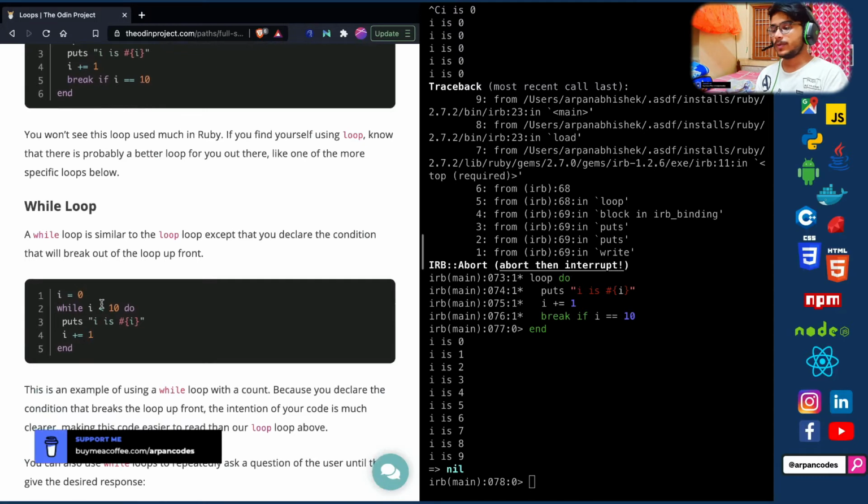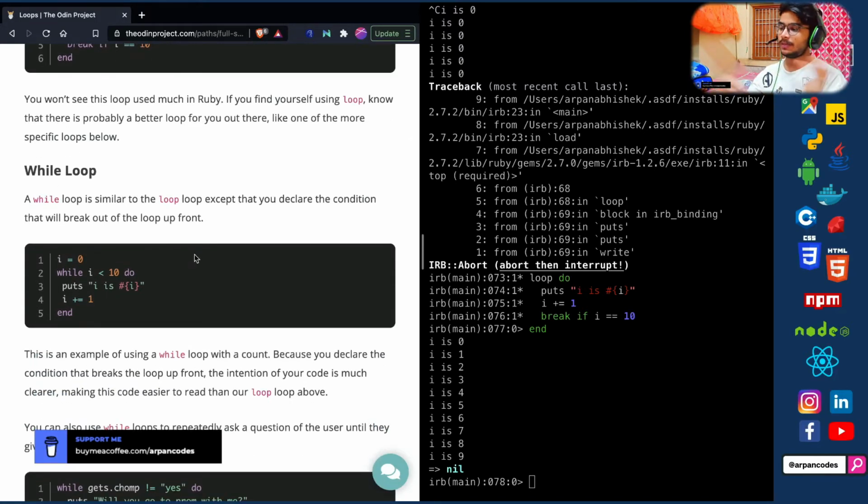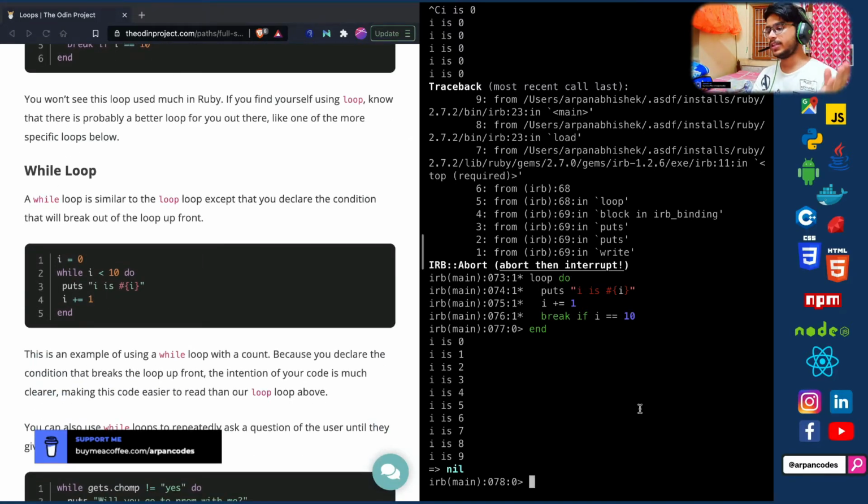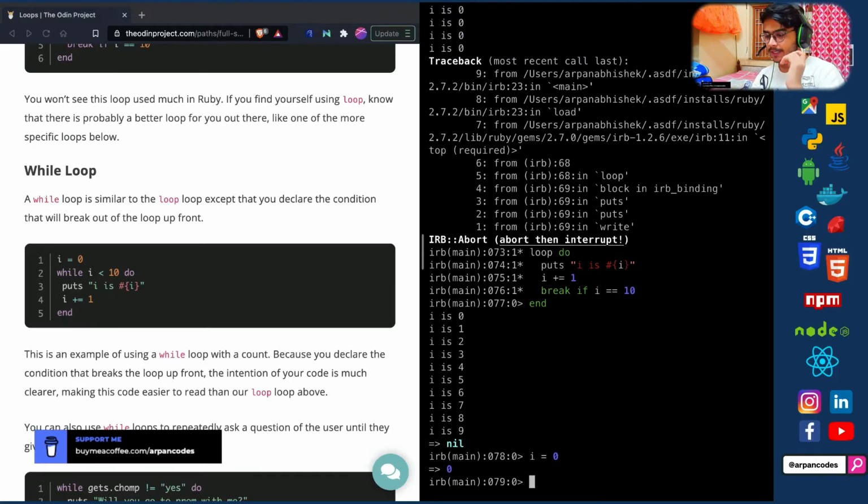Anyways, next loop is the while loop. This is a very famous loop because it's there in every other language. I can't speak for every language, but most languages are inspired by C. That's why. Let's see, we again initialize i to 0, then we say while, then the condition, and then do,